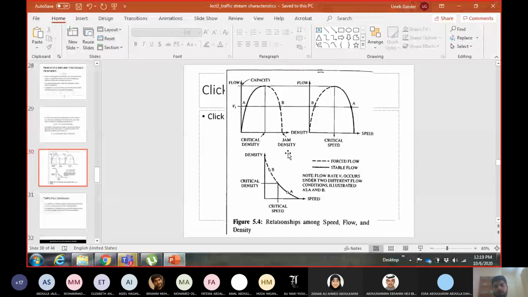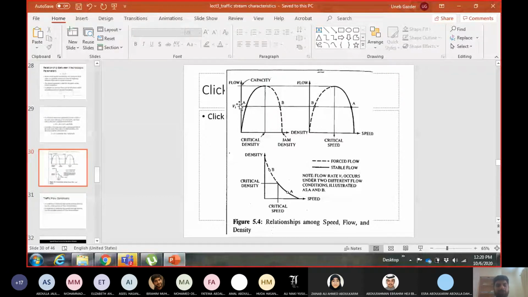Okay. If you want to see when you reached capacity from the density and speed curve, then you plot the value of critical speed here and critical density here. So you will get the point when you reach the capacity. So obviously in this third figure, there is no flow, so I don't know when I reached the capacity. Okay, so if you want to see the point where we reach the capacity, plot the critical density on this curve and you will know the point of capacity. So you can see after this point I have the forced flow or the dotted region.